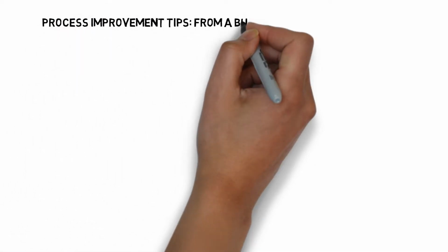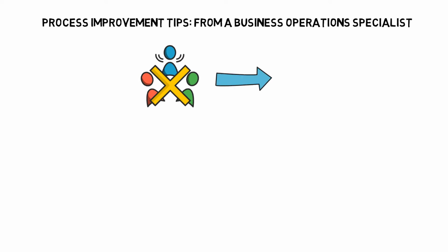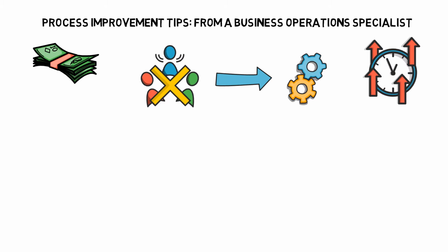Process improvement tips from a business operations specialist. When there is a disconnect in your business process, it can cost you money, time, and even the image of